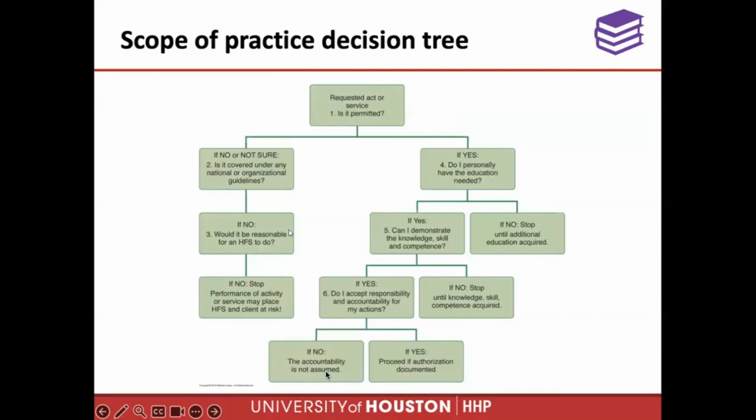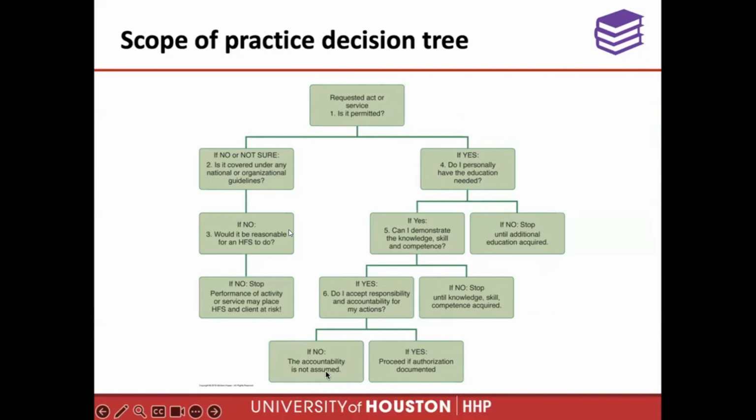So in our scope of practice decision tree, for a requested act, is it permitted? Yes. Do you personally have the education needed? Can you demonstrate the knowledge, skill, and competence? Do you accept responsibility and accountability for the actions? Then yes, it's good to proceed. If you're not sure if the service is permitted, if you don't think you have the expertise for it, then